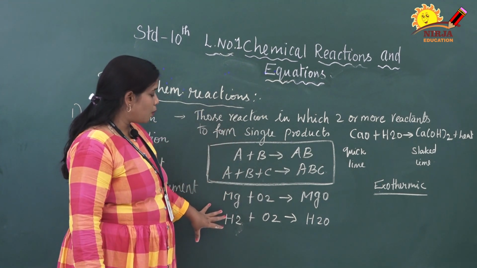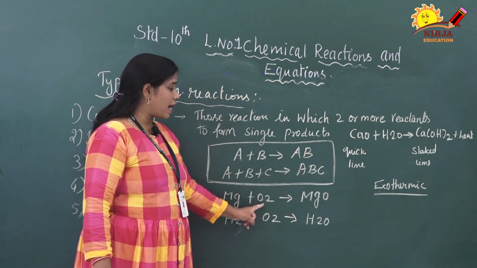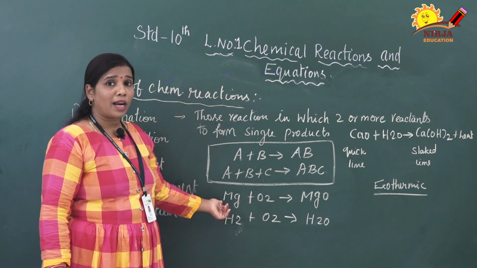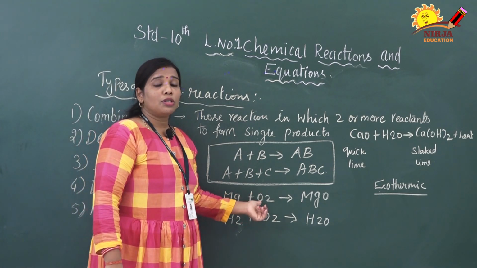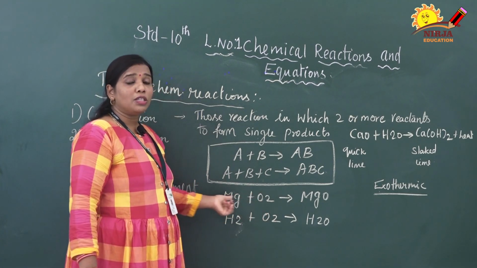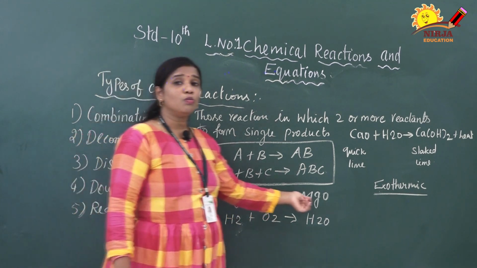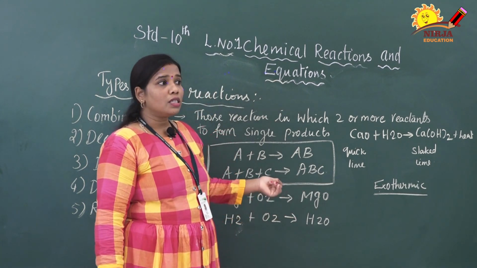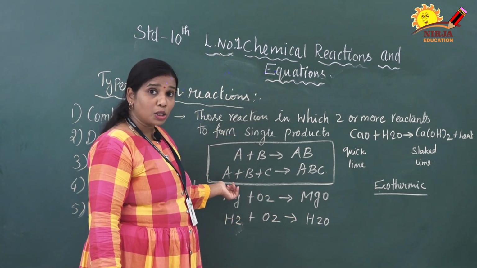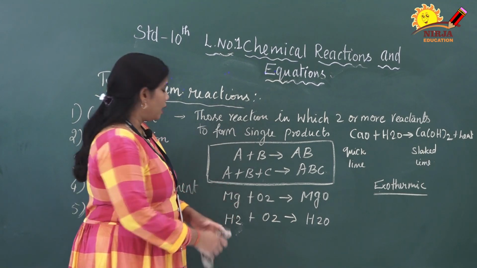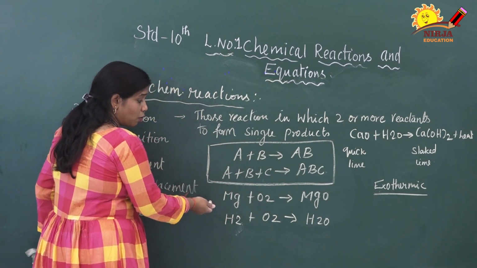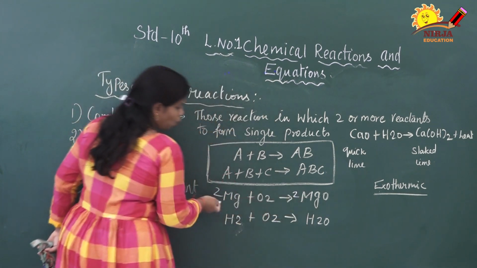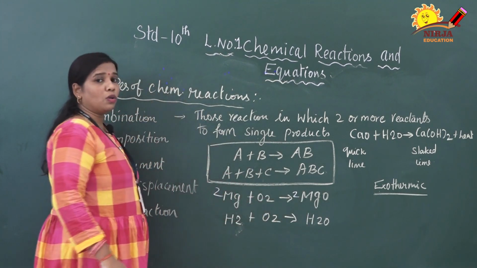Now the book examples. Magnesium reacts with oxygen to form magnesium oxide. Magnesium ribbon is there in your lab. When we burn it, a combustion reaction happens. When magnesium reacts with atmospheric oxygen, it produces magnesium oxide, along with light and heat. This is a very important question also. You have to balance the equation too. I told you how to balance: 2Mg plus O2 gives 2MgO, and automatically your equation is balanced.